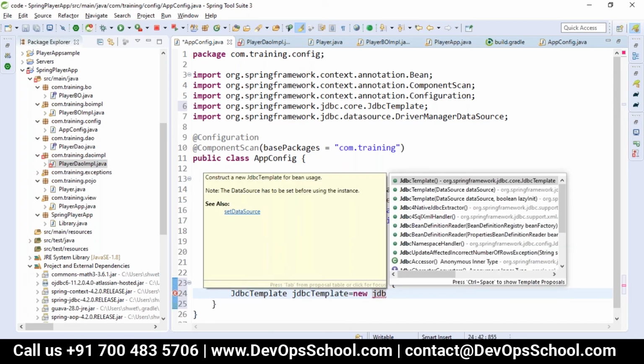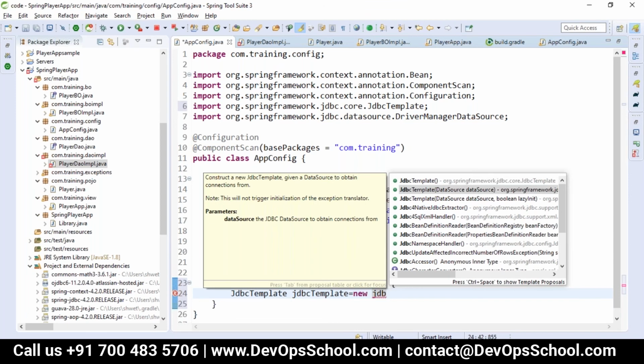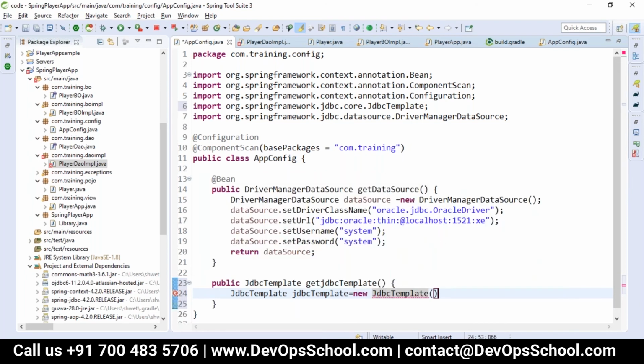So if you see here, JDBC template takes a parameterized constructor and a no-argument one also. Either you do it the constructor way of injecting or the setter way of injecting. Like a JDBC template object will be created. Let me return the JDBC template. But for which database do you want to write this JDBC template? So that you have to use it here.